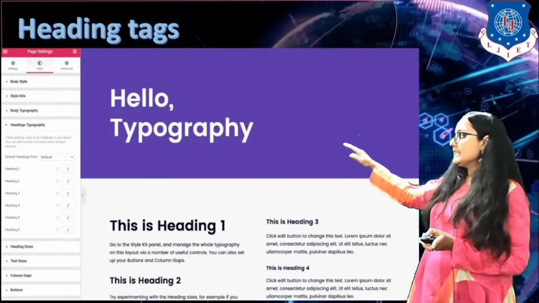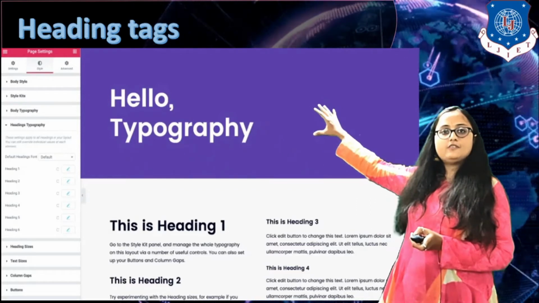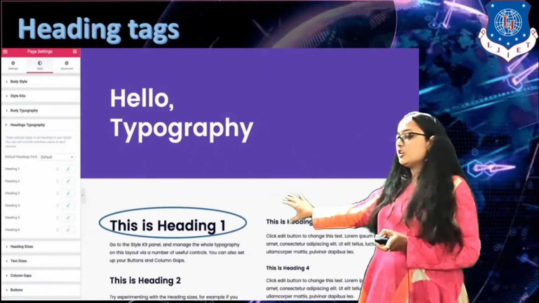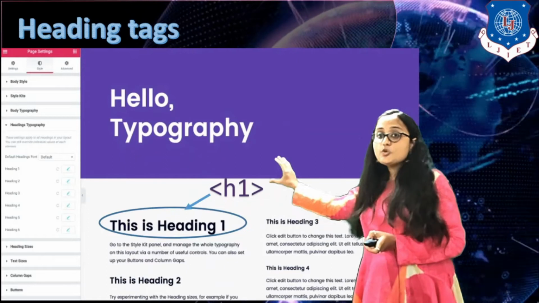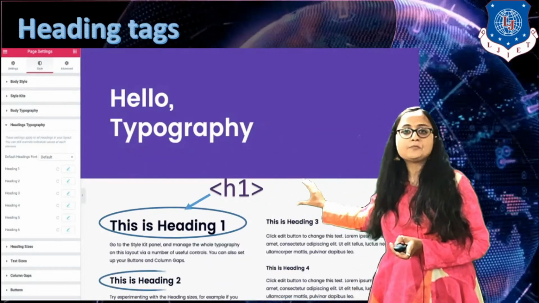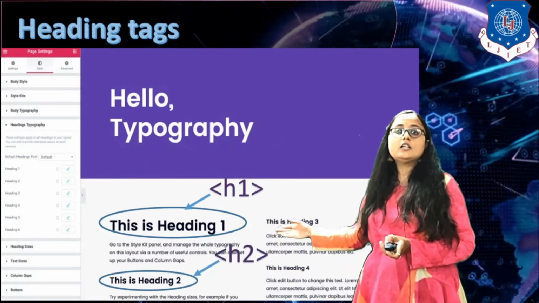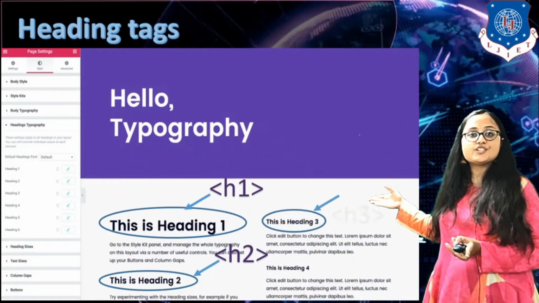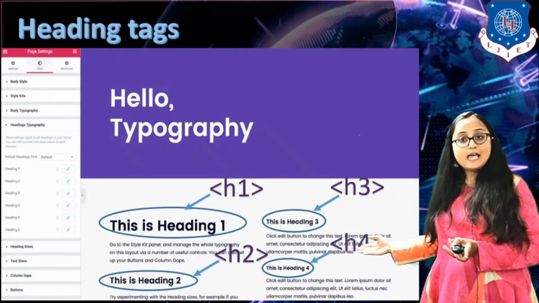So here you can see this is a sort of web page that you see in your day-to-day life, right? Here you have headings. Okay, so here you can see this is the first heading, and I am telling that this is my most important heading, and so I have written this particular heading in which format? In H1 format. Now this is the second important heading, and this is written inside H2 tag. This is the third important heading which is written inside H3 tag, and this is the fourth important heading which is written inside H4 tag.